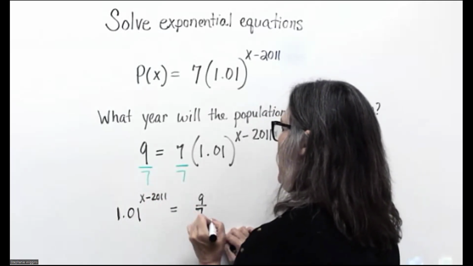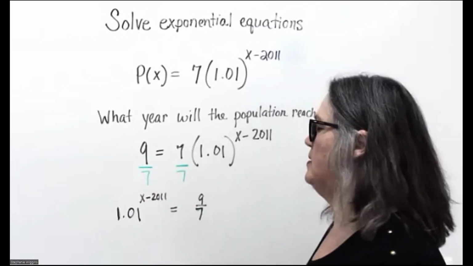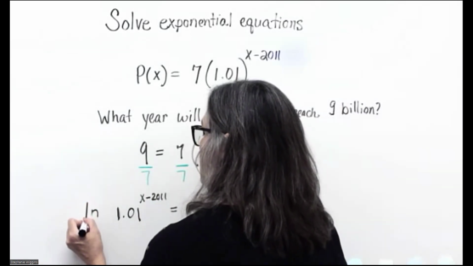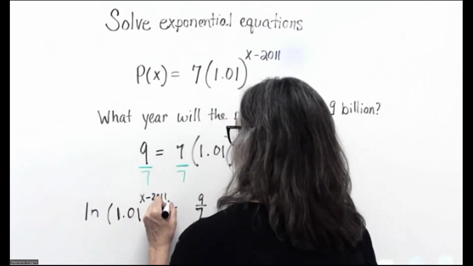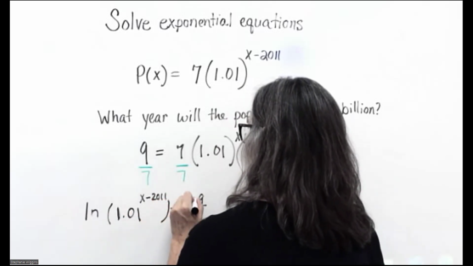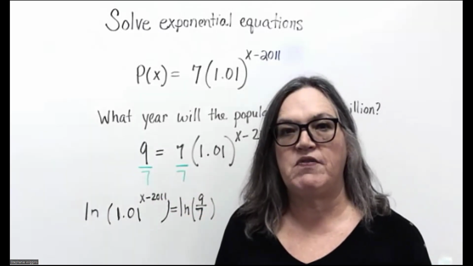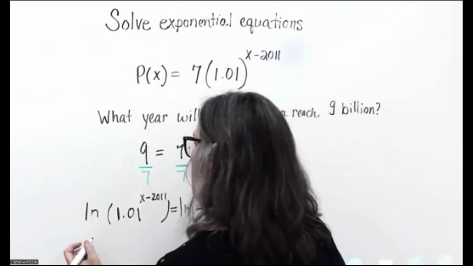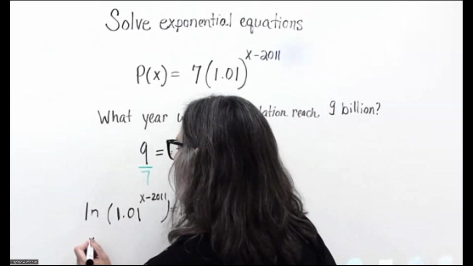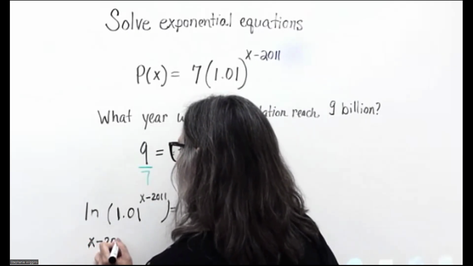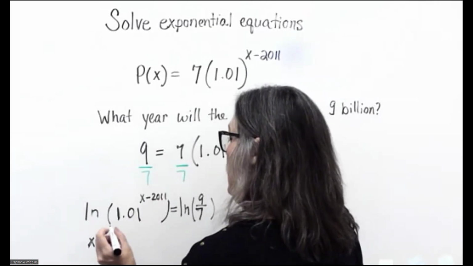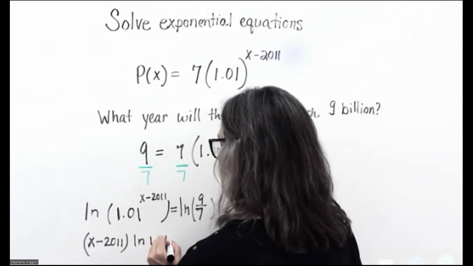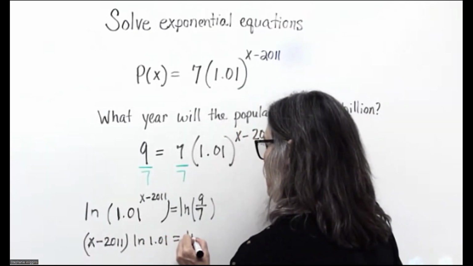This is the point at which I'm going to take the natural log of both sides. Or I could take the common log, it really doesn't matter. I like to use the natural log because I only have to write 2 letters instead of 3. By the property of logarithms, this allows me to bring my exponent out front. So this is going to become X minus 2011, multiplied by the natural log of 1.01, and that's equal to the natural log of